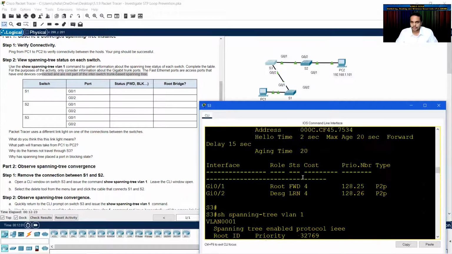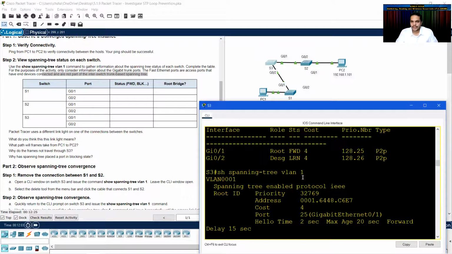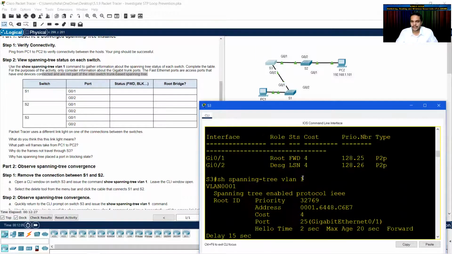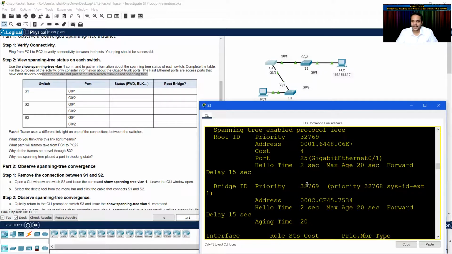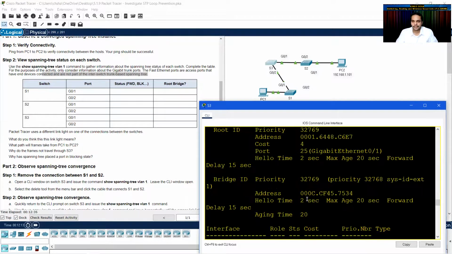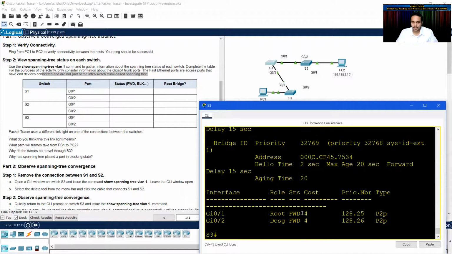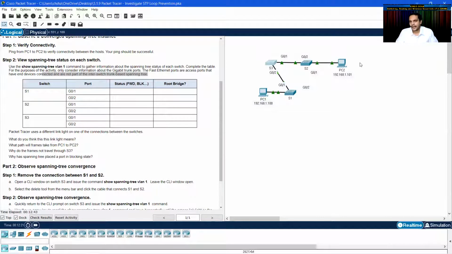After listening mode, it converted itself into learning mode, and then finally it set itself into the forwarding mode. Now you have the complete topology set up. So even though your link has failed, STP managed to find an alternate path. It moved the port which was logically blocked into the forwarding state.